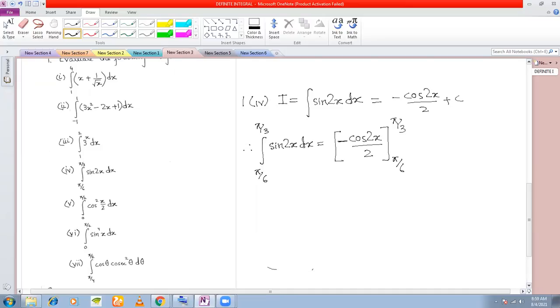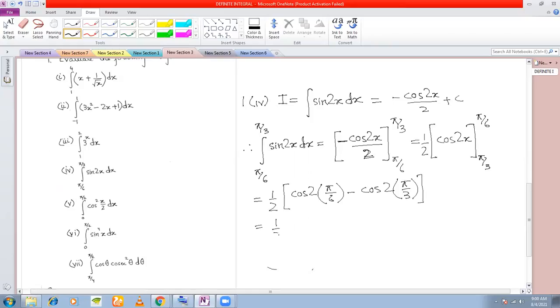Now, because you have a negative sign inside, if you want to get rid of this negative sign, we would like to interchange the limits, right? And not only that, I have a 2 here, so I can take half out. I can write this as cos 2x. Now, because I have removed the negative sign, I would like to interchange the limits pi by 3 to pi by 6. So this becomes half. Now you can evaluate it. Cos twice pi by 6, put the upper limit first and then the lower limit. Cos twice pi by 3,